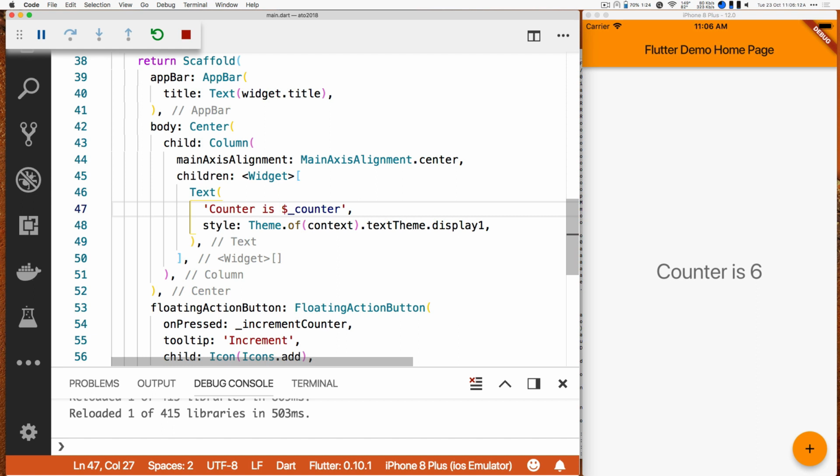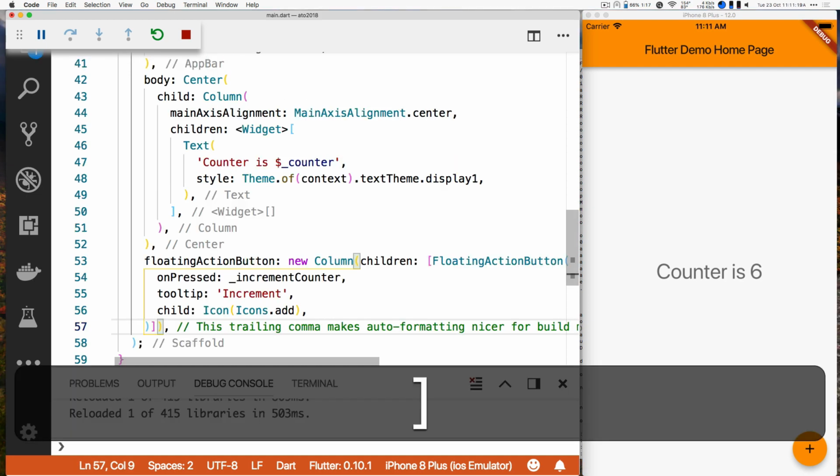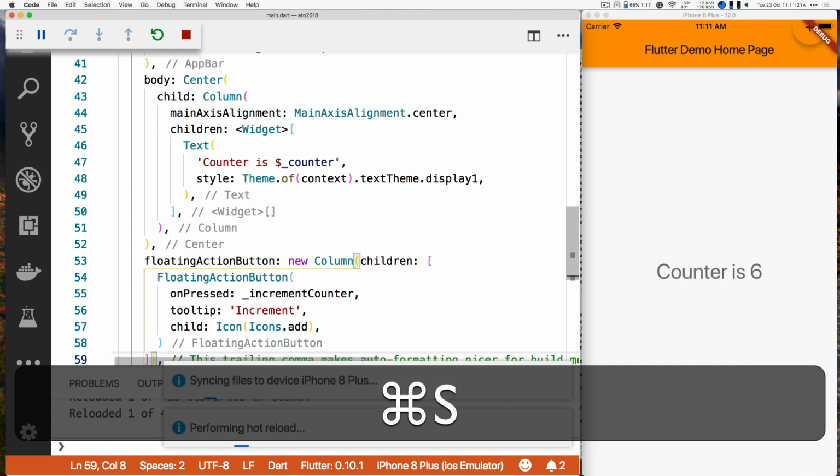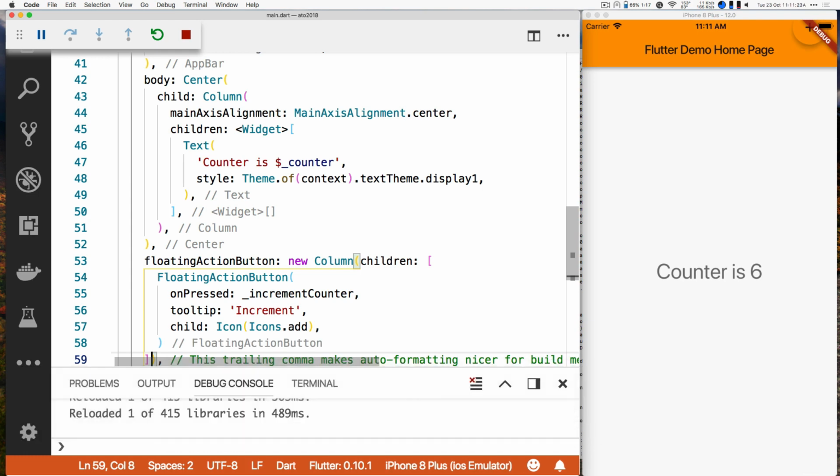Okay, next thing is delete the add count as. I just did that. Okay, so short change. Wrap in a column. Okay, so this little FAB down here in the corner, I actually want to put two of them there. So I need to have two buttons right above each other. There, now, the thing I want you to notice is that the button went to the top because it defaults to the top for a column. It defaults to the beginning, actually, for an end. So we have to add,